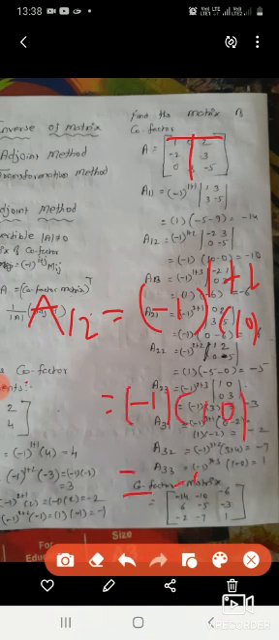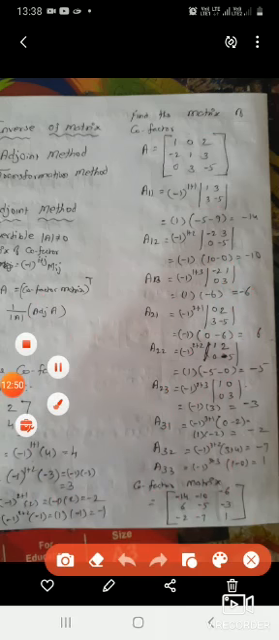Now listen, A12. A12 means first we will write minus 1 the whole power 1 plus 2 into the first row and second column. Now what is the value? 10 minus 0 means it is 10. Correct? So minus 1 the whole power 3 is minus 1. It is 10, so that is equal to minus 10. The value will be minus 10. Then A13, A14. Correct? A13,